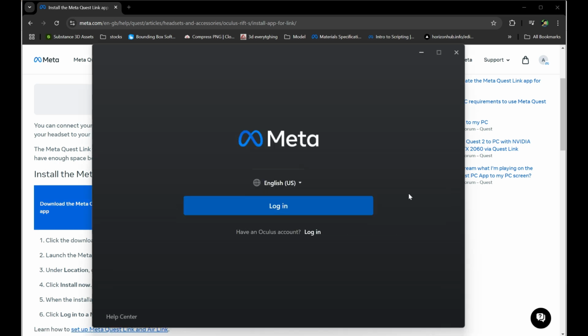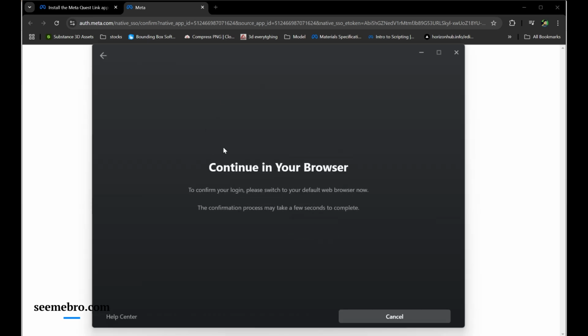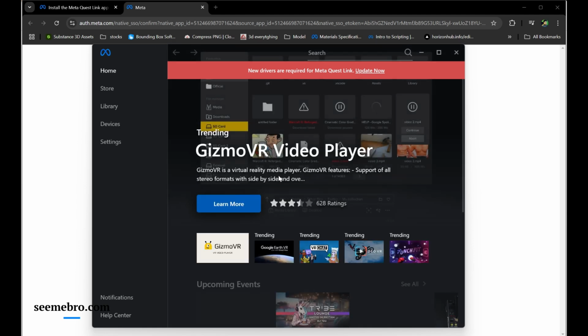After you download it, you're going to open it. And this is the main screen. You're going to log in with your Oculus account or with Facebook. In my case, I'm using Facebook, so I'm just going to click login. It's going to take me to this page here, and I'm going to press continue, and it should log you in. But you need to close the MetaQuest app and then reopen it, and you should be logged in,